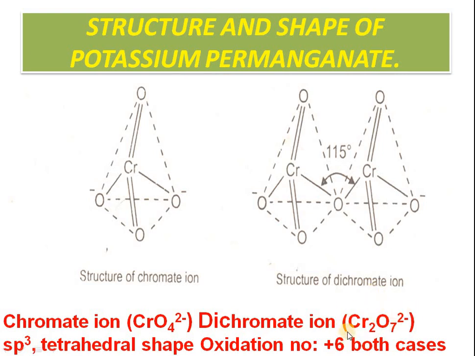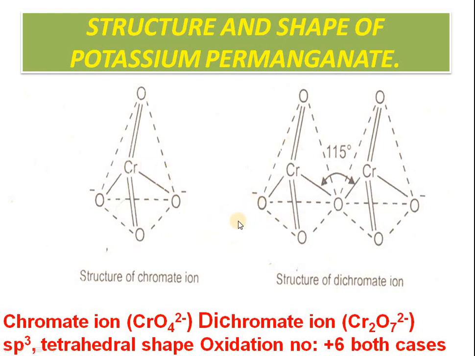If we find the oxidation number, it is minus 2, 7 into minus 14, and there will be 2 chromiums and 12, so plus 6 here and plus 6 here. So you can see that 6 bonds will be formed. So this aspect you have to take care of. And 6 oxidation number plus 2 electrons, 8 divided by 2, that's 4, so sp3 hybridization is there and tetrahedral shape is there. The same manner here also.